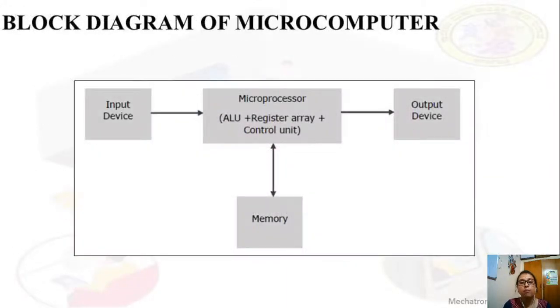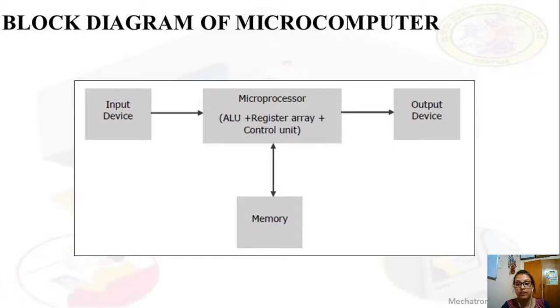So this is the block diagram of a microcomputer. Microcomputer means a microprocessor will be there. Microprocessor means CPU. What will be inside the CPU? Arithmetic logic unit, control unit, register array, interrupt circuitry, clock circuitry, program counter, stack pointer, all will be inside the microprocessor. But inside the microprocessor there won't be any memory device or input-output device. Whereas in a microcontroller there will be a CPU along with its own memory, input-output devices, and other peripheral devices present.